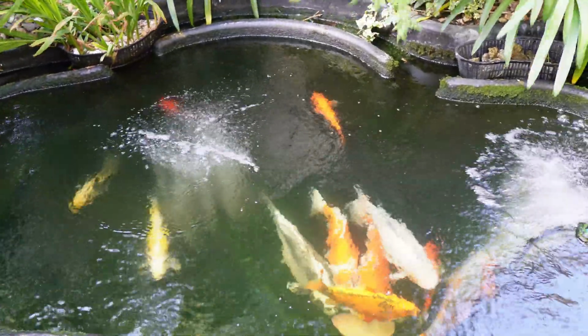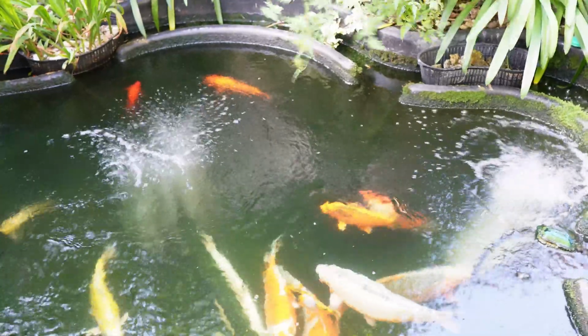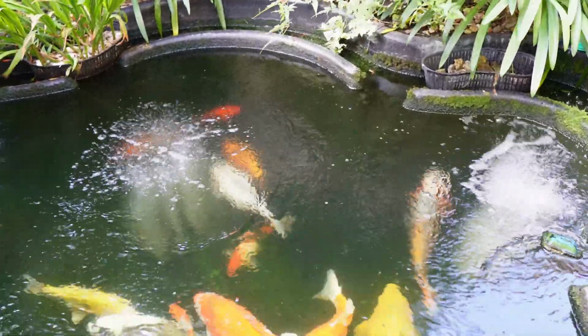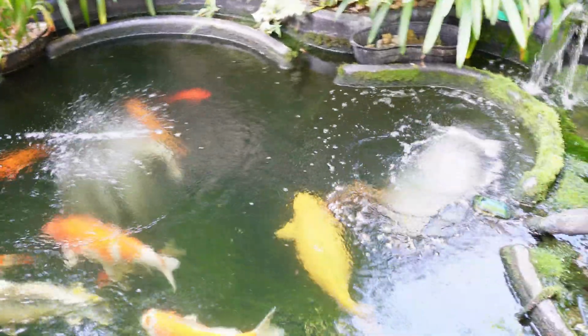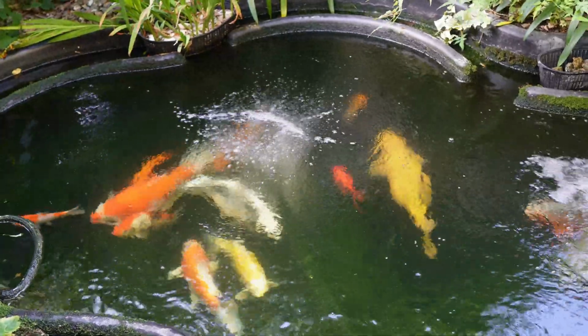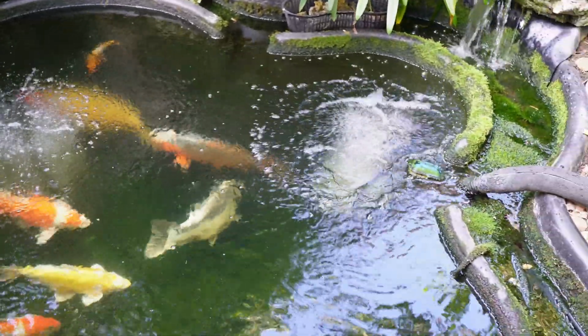I might not run the ozone for a few days. I want to get this treatment in. This phosphate reducer. I want to get that into the pond and get this phosphate down. Going on how high it is, I'm probably going to have to do a few treatments. So,